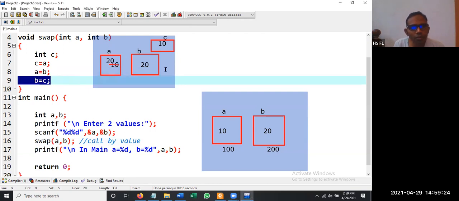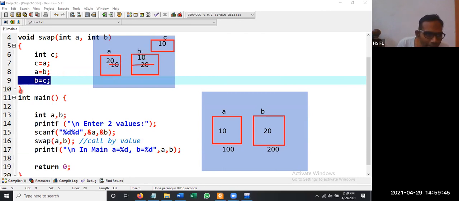Whatever the value of c is, copy it into b. So now the value of b becomes 10. By these 3 lines of code, a was 10, now it is 20, and b was 20, now it is 10.